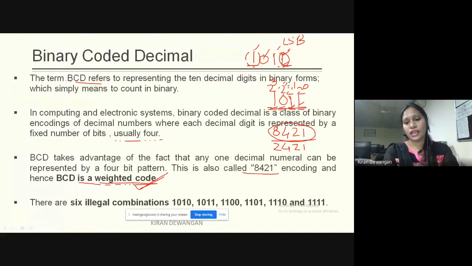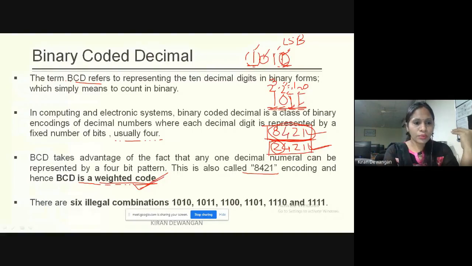In this, the MSB has weight 2 assigned. It is not necessary that the weights are always these. We have different weighted codes, and this is another example. BCD is also a weighted code.